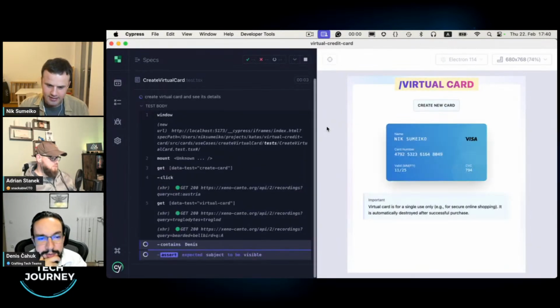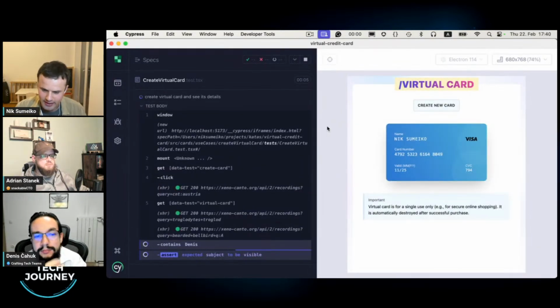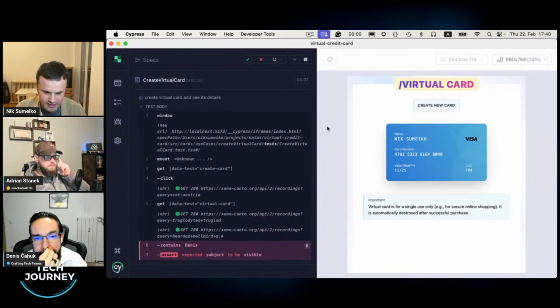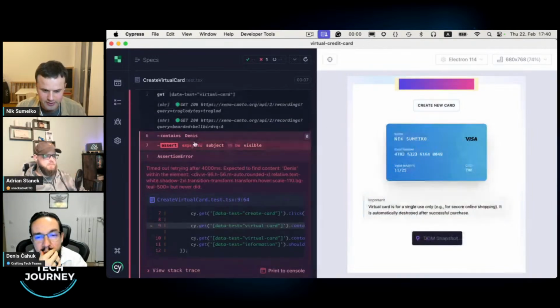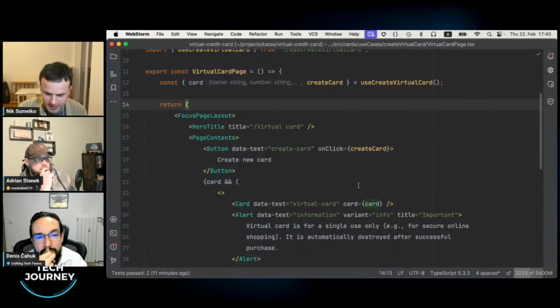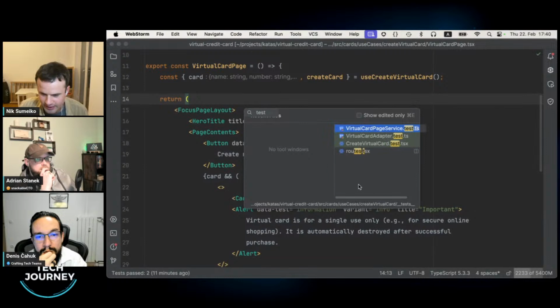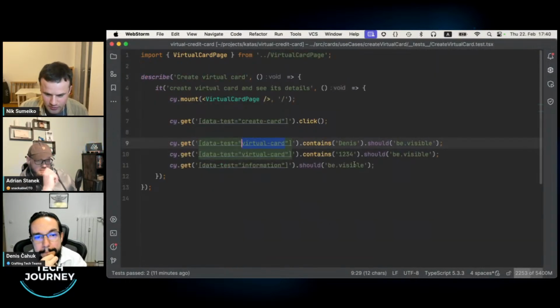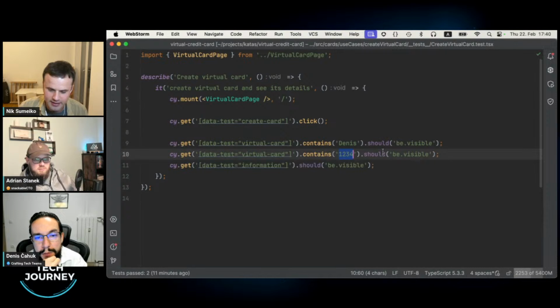So the card is already displayed, in a certain way, but the test still fails because we wanted there to be Denis, but the Visa gives us Nik. Also, I believe that we will fail with these numbers because in the test we incorporated that the numbers will be there.